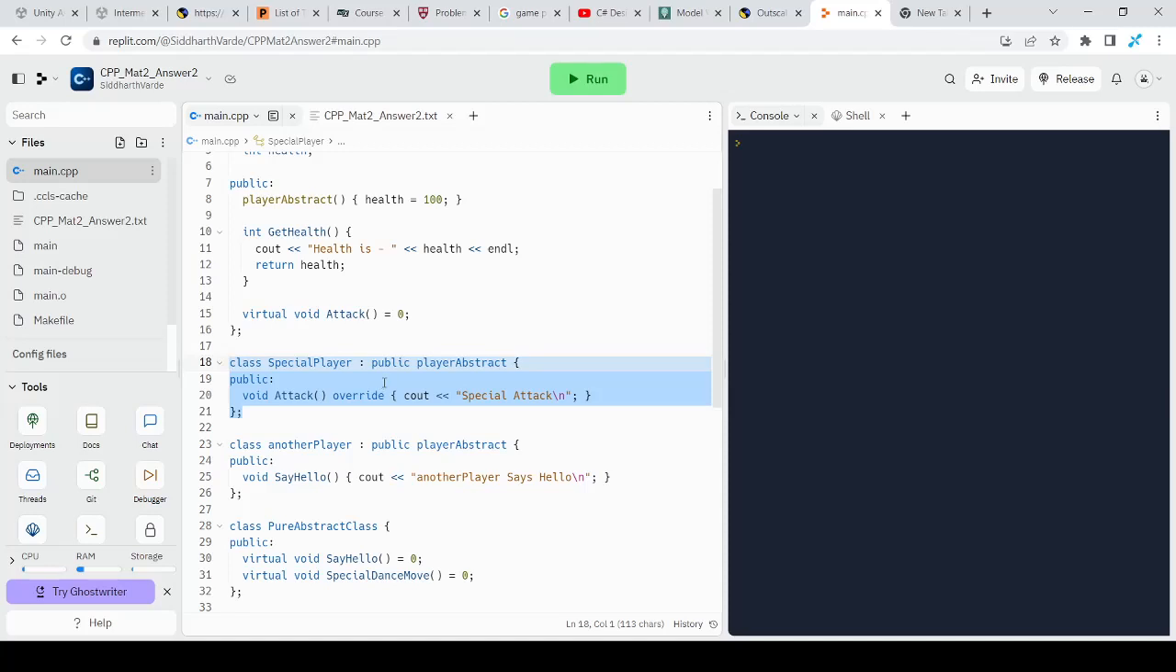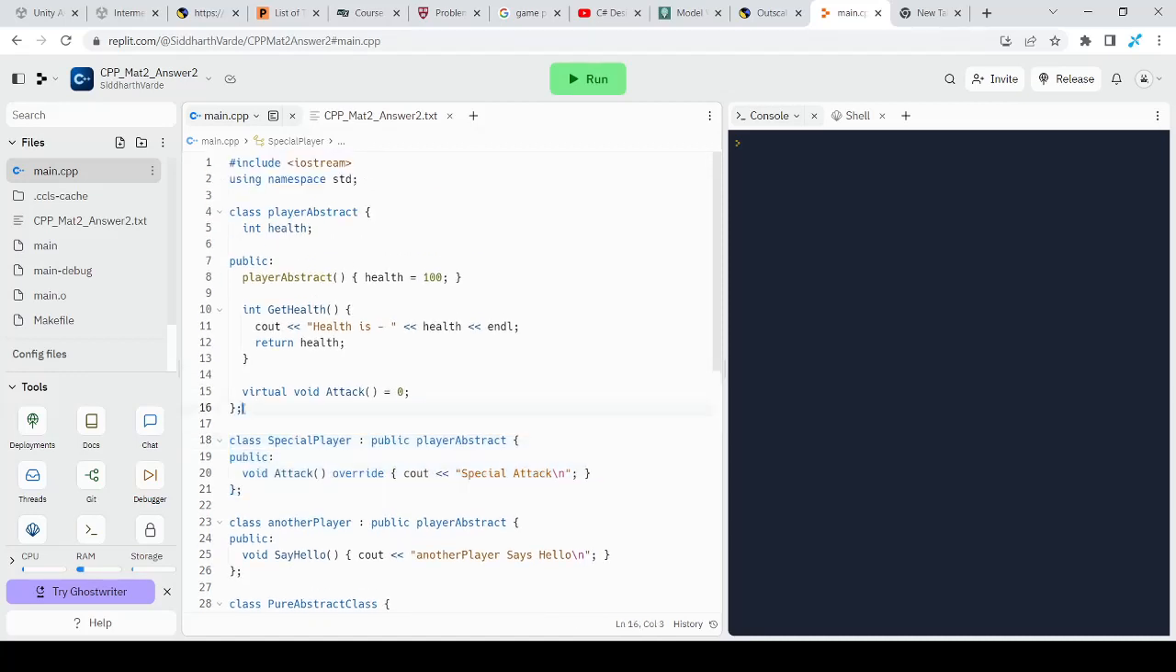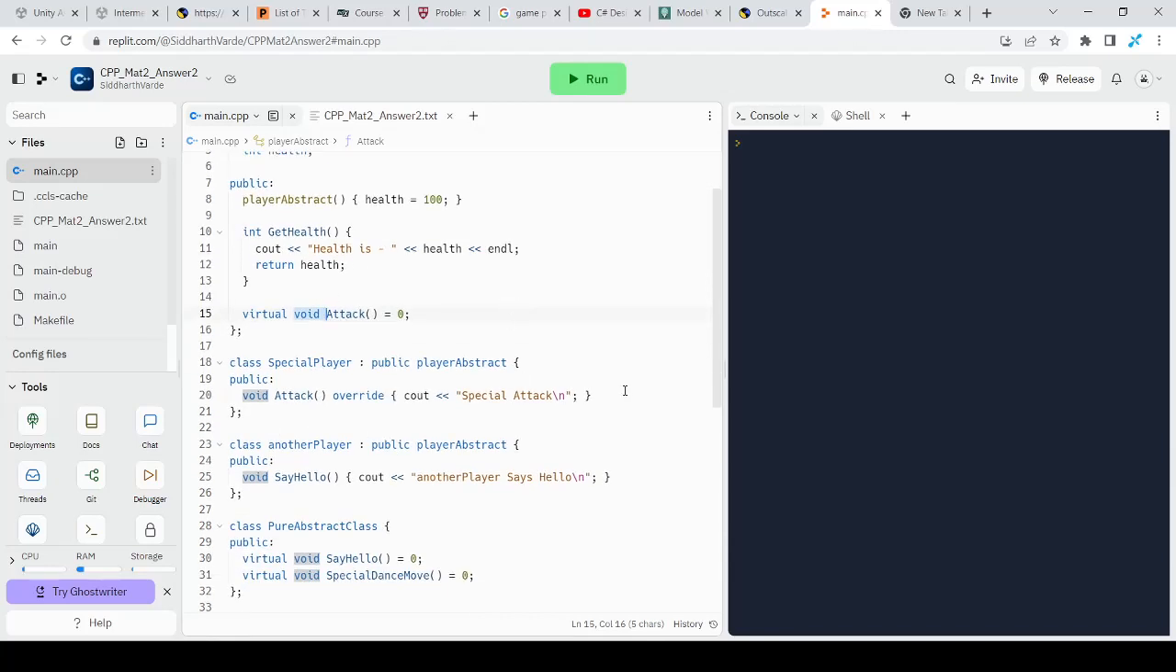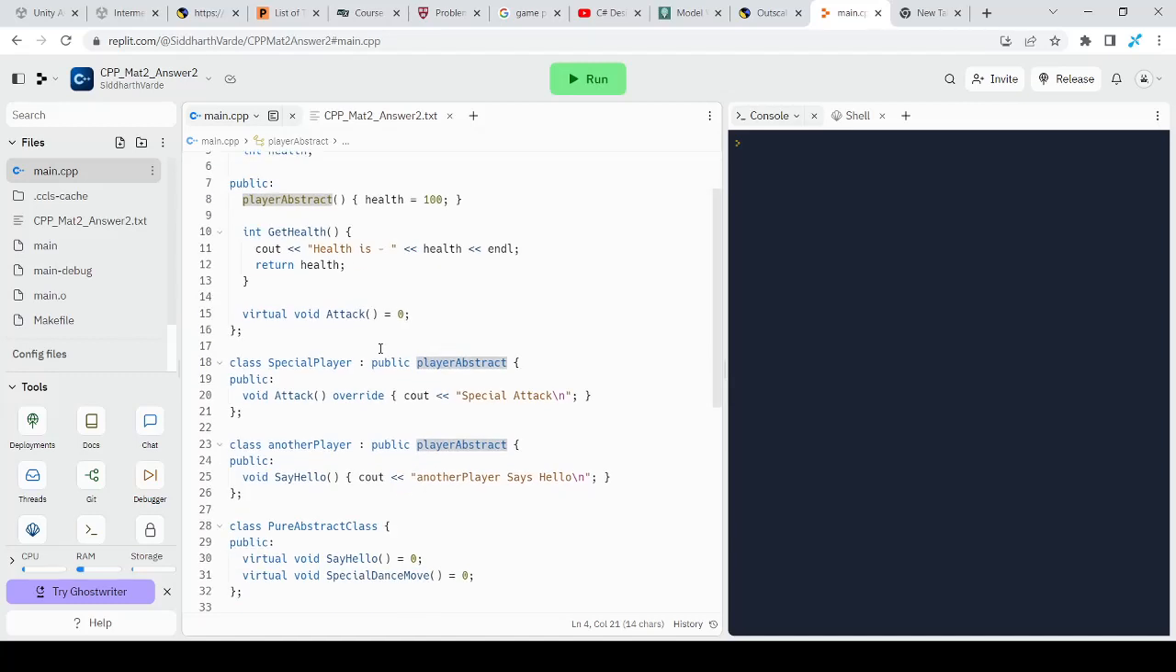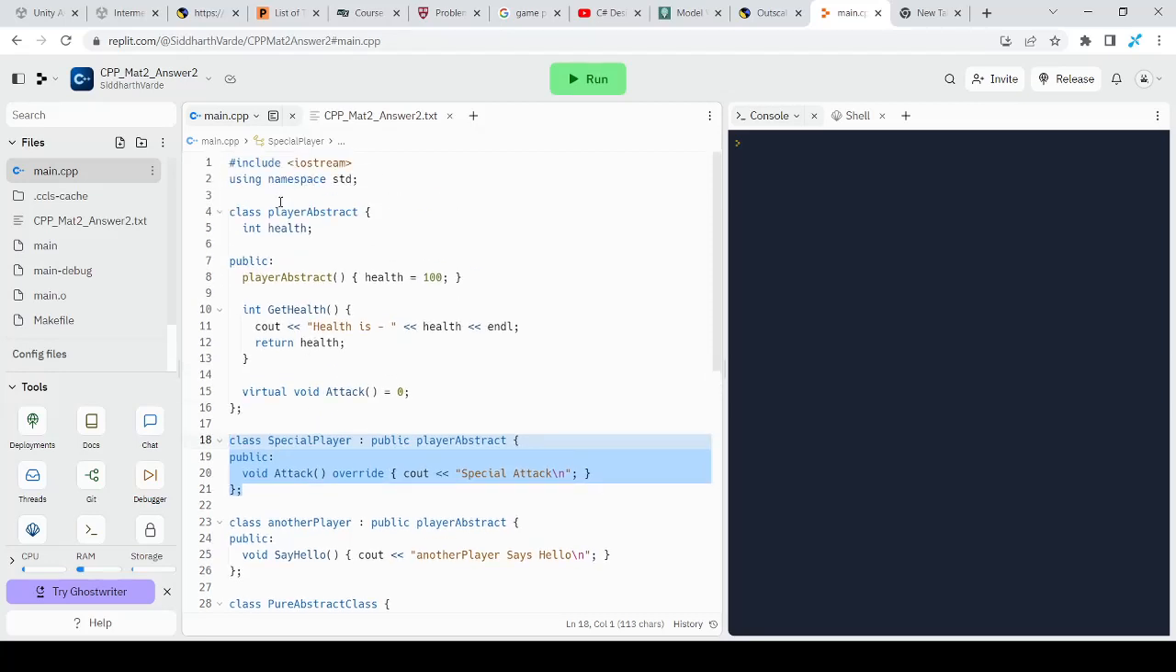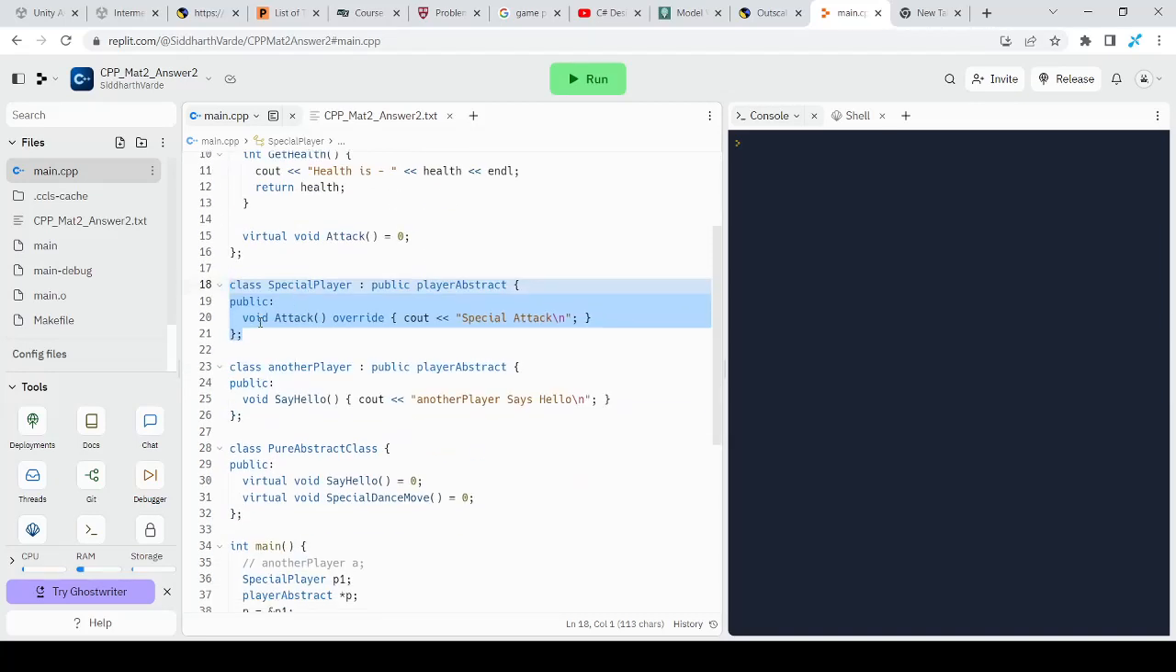it's a way where we make sure that any child class that inherits from this abstract class must have a method named attack and with no parameter that returns void. So we bind our child classes of this abstract class to have those methods. So in this case, I make sure that any class that inherits the player abstract class will have an attack functionality,